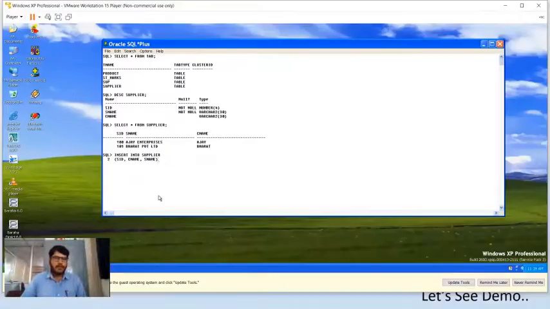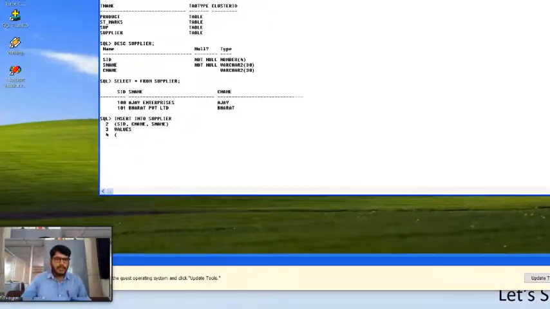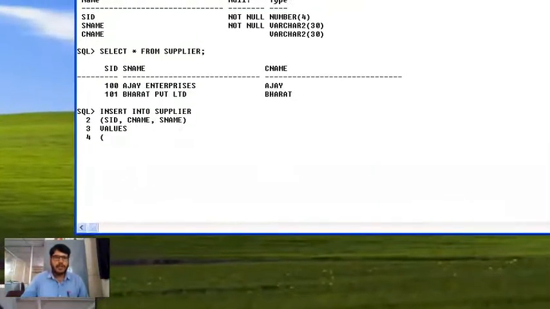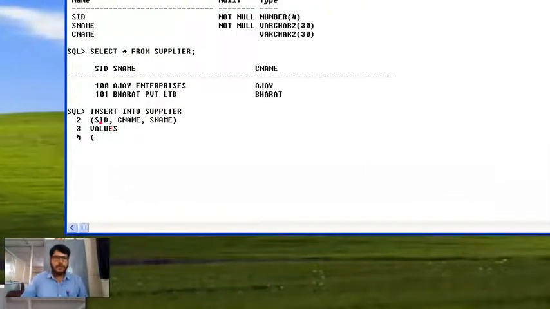Okay, so now I'm going to insert values for this. To insert values, we have to use a values keyword, and after this, we should specify the values. And while specifying the values, we should specify them based on the order here. You can observe, first I'm going to use SID.